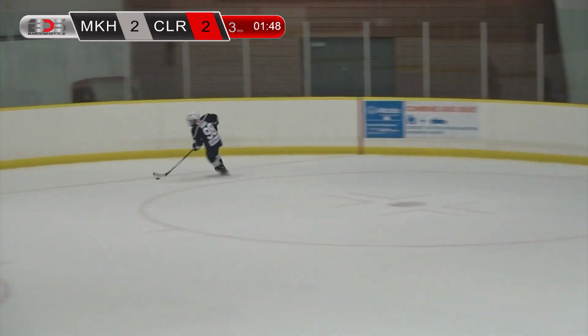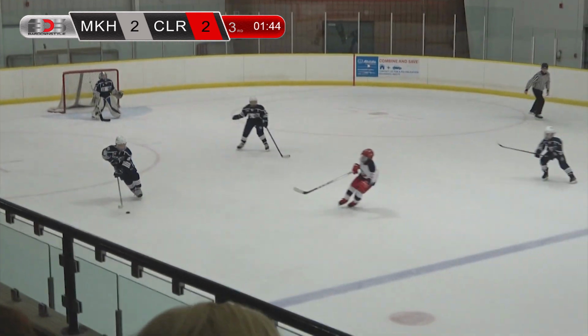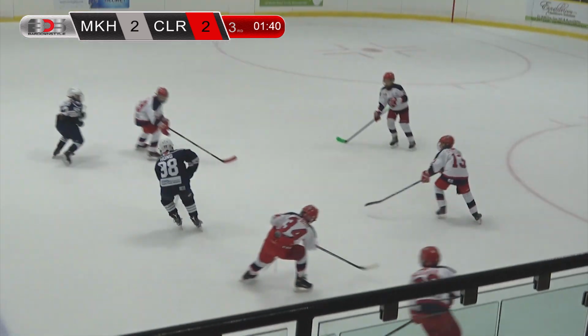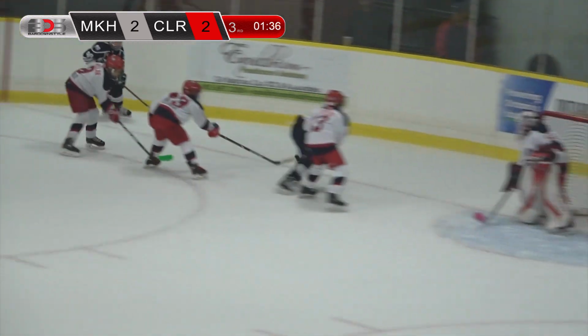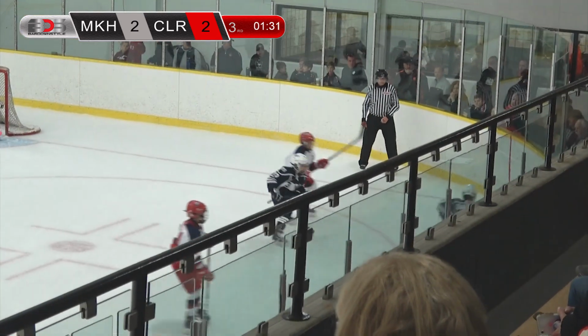Hong will get it in his own end. So a big kill there for the Toros. They've killed off the penalty to Cooper McCaslin. Blake DeBow trying to hand to Hong. Hong gets away. Hong takes it into the corner and sets it up in front to where there's nobody there to take the pass. Gioni